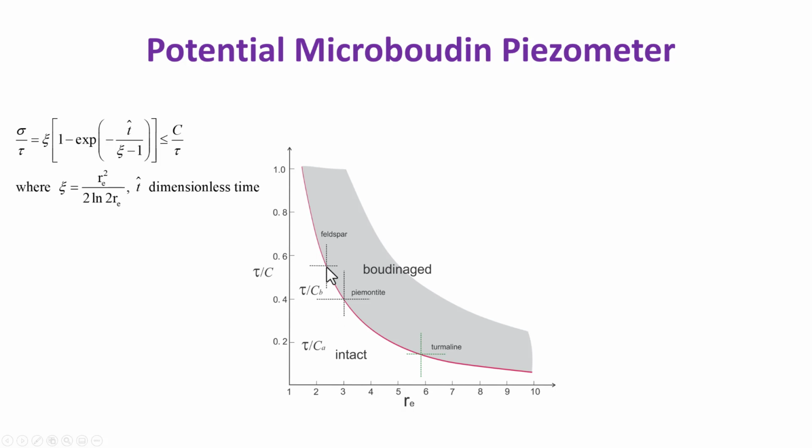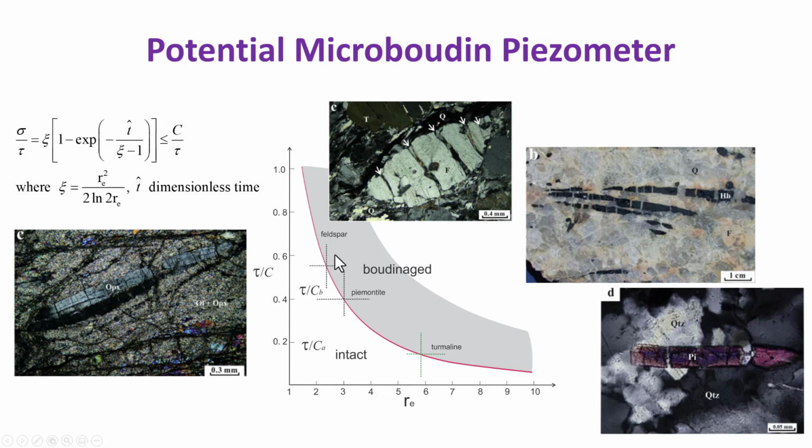Therefore, if we identify the critical aspect ratio, the critical aspect ratio should plot on this purple curve. Therefore, if we can identify a field situation in a single shear zone, for instance, where we have microboudins developed in multiple phase minerals, for instance, in a mylonite where microboudins are developed in feldspar, tourmaline, OPX, etc. If we are able to identify the critical aspect ratio for each of the different phases, they are expected to plot on different locations on this purple curve because they have different tensile strength.